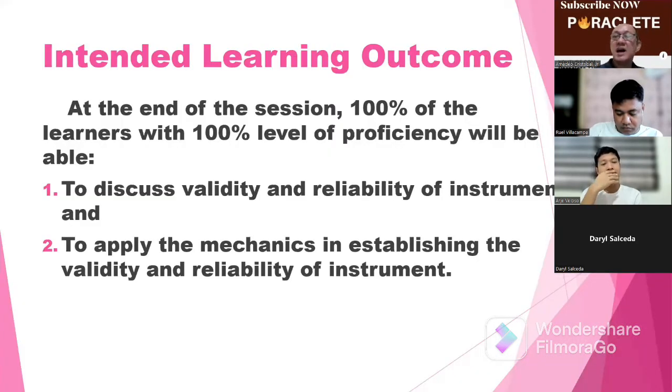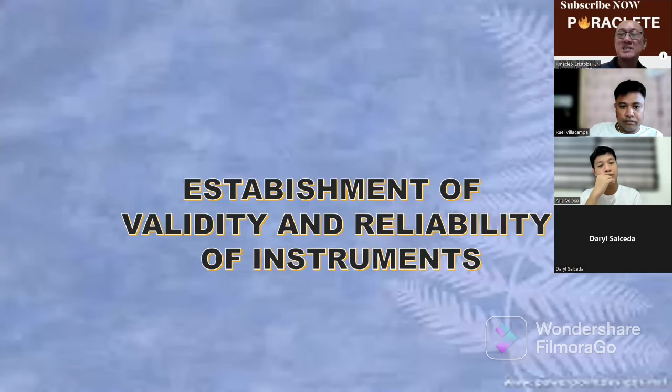Now, for this morning, one example that I have put here is the intended learning outcome at the end of the session. 100% of the learners with 100% level of proficiency will be able to discuss validity and reliability of instrument and to apply the mechanics in establishing the validity and reliability of the instrument. So let us see. After the construction